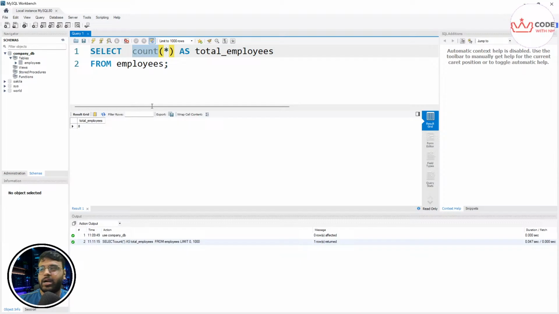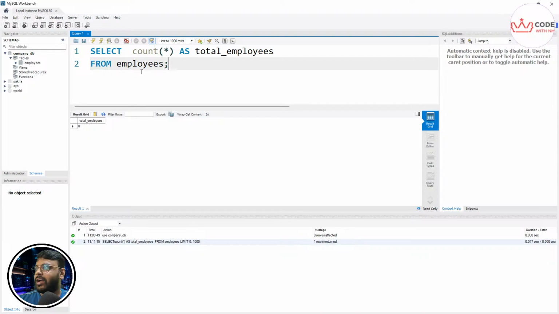In our case it's 8, that's why it says 8, but I don't want any random answer. I want it under a total_employee column. That's why I told you it merges. What an aggregate function does is it merges, it collapses many rows into a single summary number. This is the definition, the explanation of it. So it merges many rows and you get a single summary number, which is 8, because we have only 8